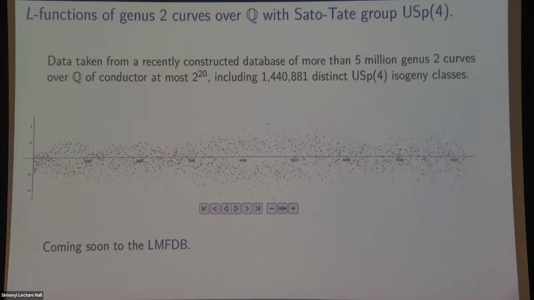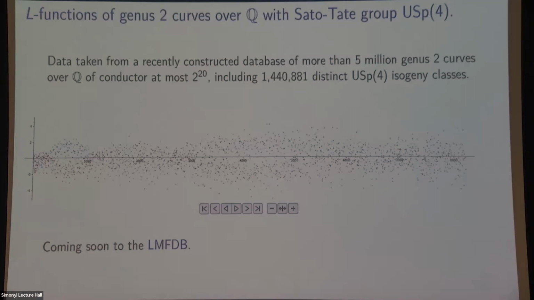So one natural way to generalize from elliptic curves was to look at modular forms and change the weight. Now I want to generalize in a different way and increase the dimension of our abelian varieties. So elliptic curves are abelian varieties of dimension 1. Let's think about abelian varieties of dimension 2. And conveniently, if you go to the LMFDB, you'll find there are not that many genus 2 curves in the LMFDB. I mean, 66,000 or so might seem like a lot, but in the scope of experiments like this, that's nothing. You need a lot more data than that.